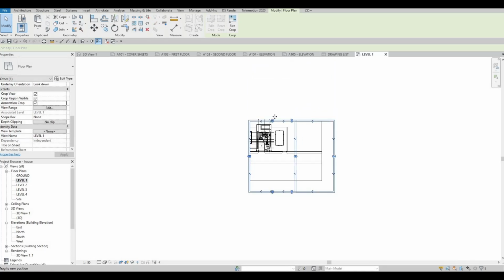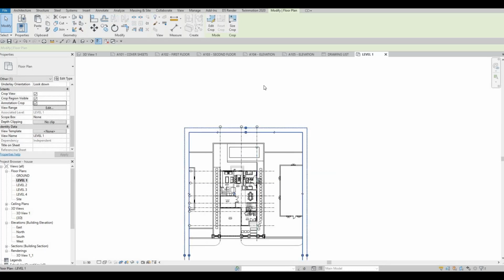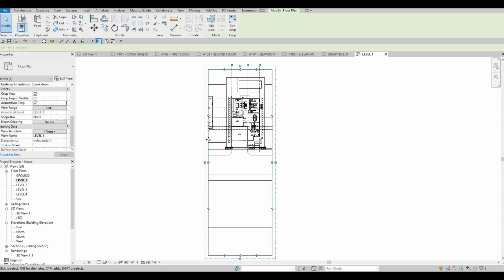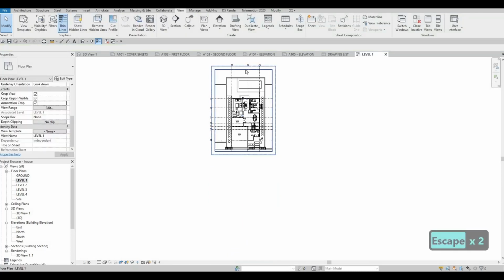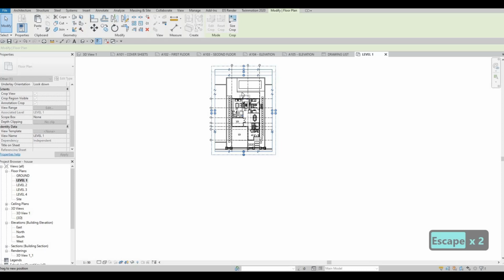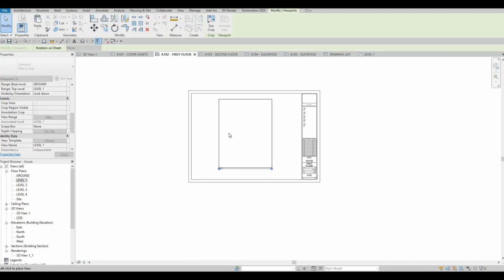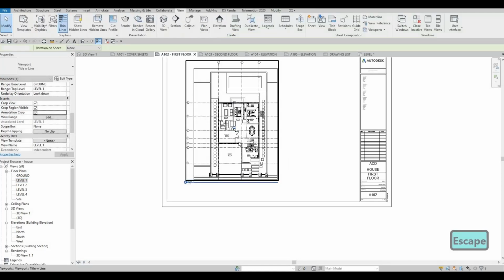And even though you go past the grid lines, don't worry, grid lines will follow along. So for example here, it will follow along, so you don't need to worry about those. So if you want it to be like this, you can just leave it like that. And then now we're ready to drag and drop this. And then we have our